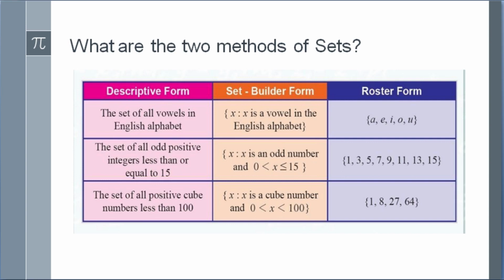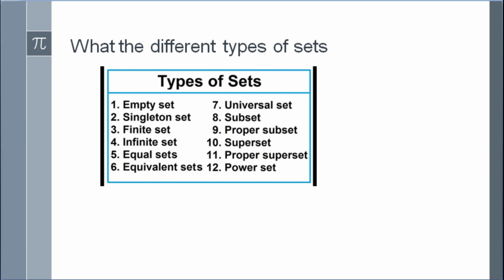So now let's move on to the roster method or tabular form. It is clear as crystal. It's a very easy process. As you can see, in the descriptive form the set is written simply. Here you only need to put that simplification into the elements and write it in curly brackets. So if I say the set of all the vowels of the English alphabet, then you simply add a curly bracket at first, then A, E, I, O, U, then end the curly bracket. As simple as that. Now let's move on to the types or classification of sets.